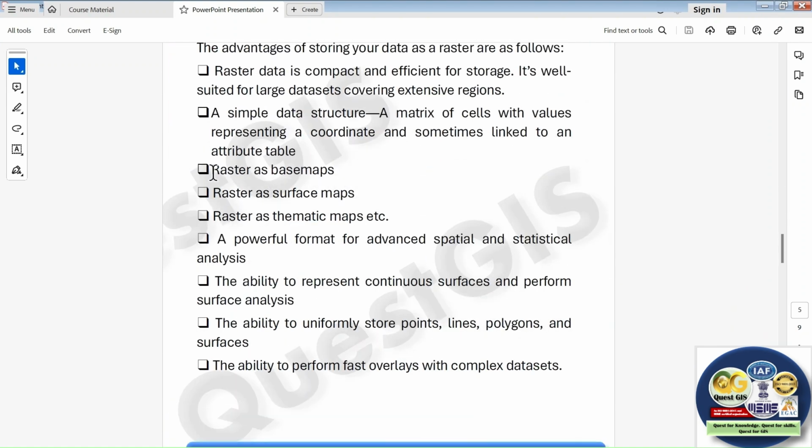Right. So rasters can act as base maps. They can act as thematic maps, as we saw with the land use land cover map that we downloaded from the Bhuvan website. This is a powerful format for advanced spatial and statistical analysis. And what is the ability to represent continuous surfaces? Even that Google satellite image, we saw that everything looks continuous in the pixelated form, and perform surface analysis. They have the ability to uniformly store points, lines, and polygons,